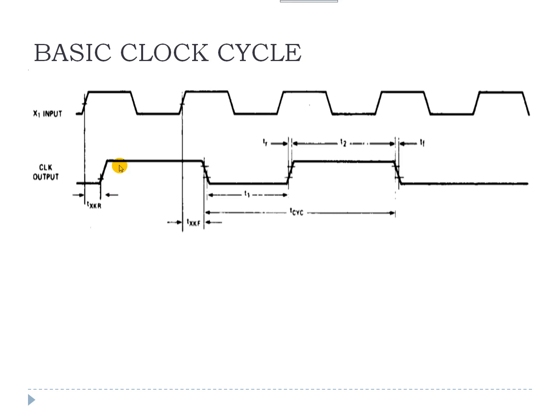You have to notice one thing, that this is a particular clock cycle. In this diagram you can notice the time period of this clock cycle. The time period of the clock cycle consists of low and high. If one cycle contains a low cycle and a high cycle, then it is one T cycle, that is called one machine cycle.